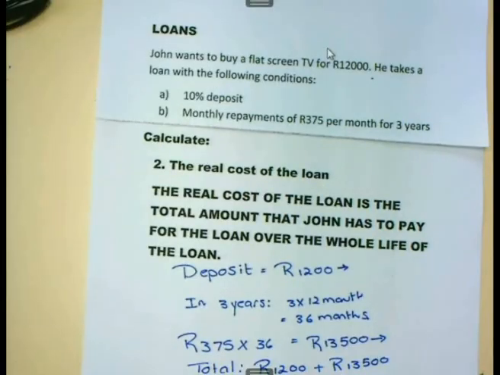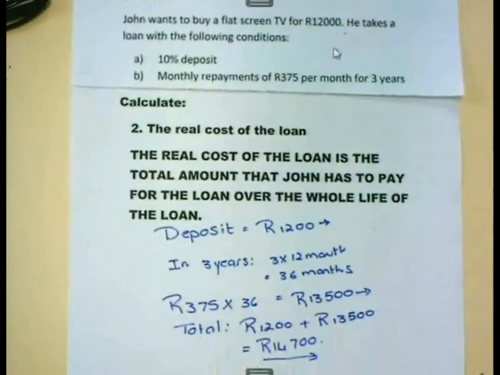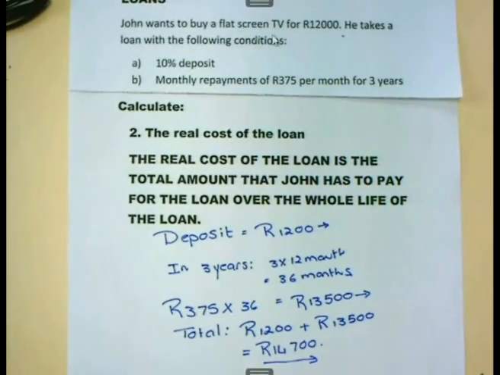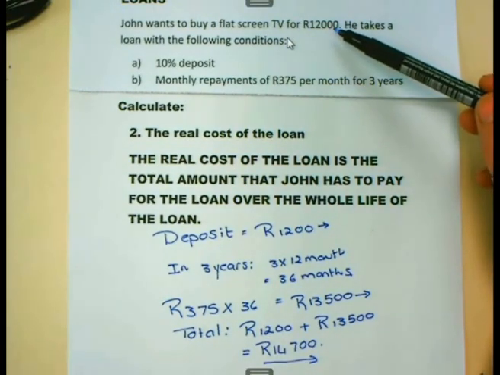Why did John now pay at the end of the day more for the TV than originally the TV cost? The reason for this is that when we make a loan or when we borrow money, we need to pay the person who we are borrowing the money from certain compensation for this privilege of using the money, and that I can now have the TV and pay over a longer period of time simply means at the end of the day that you will end up paying more for the TV than if you should have maybe decided to buy it for cash.